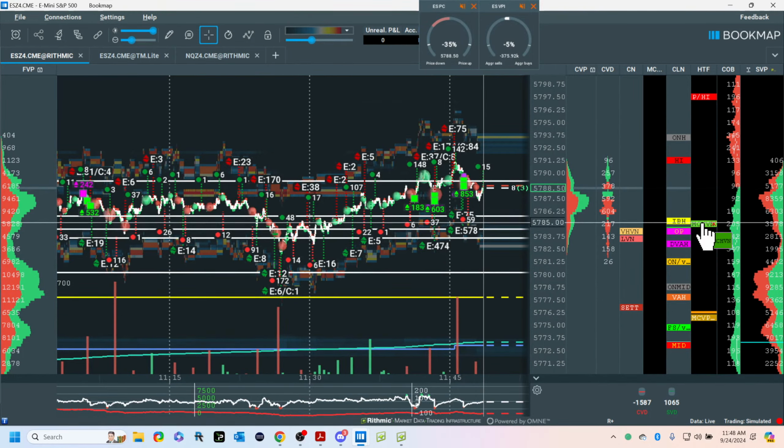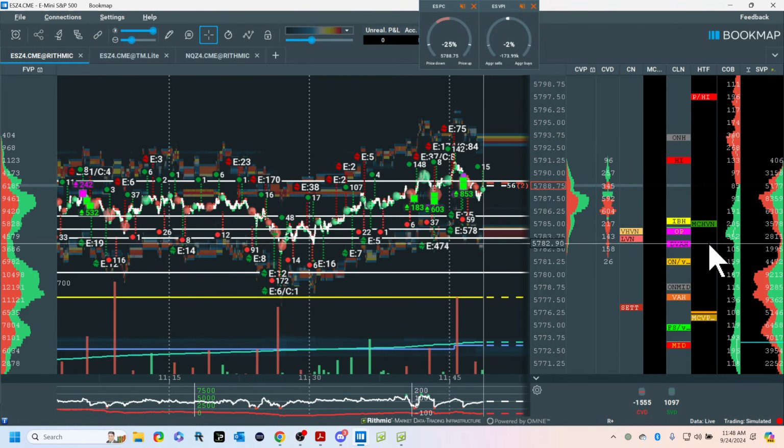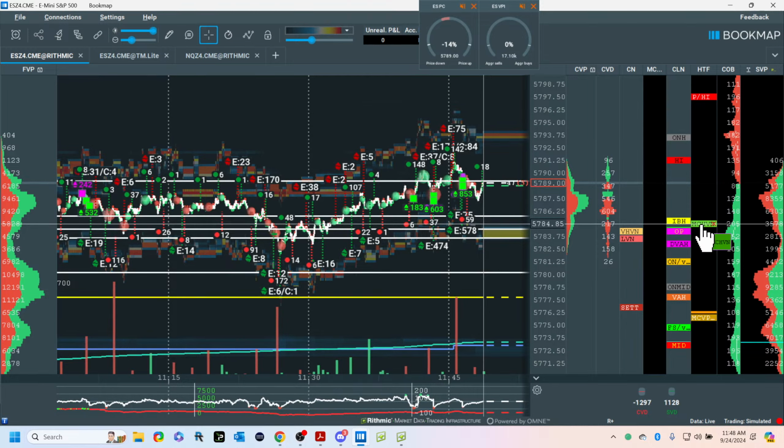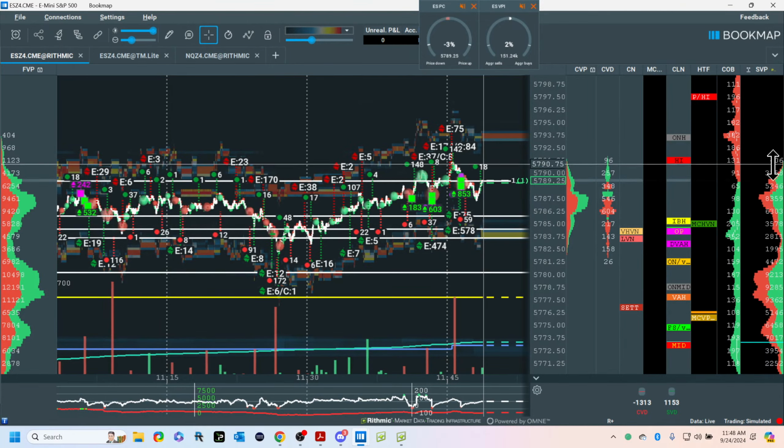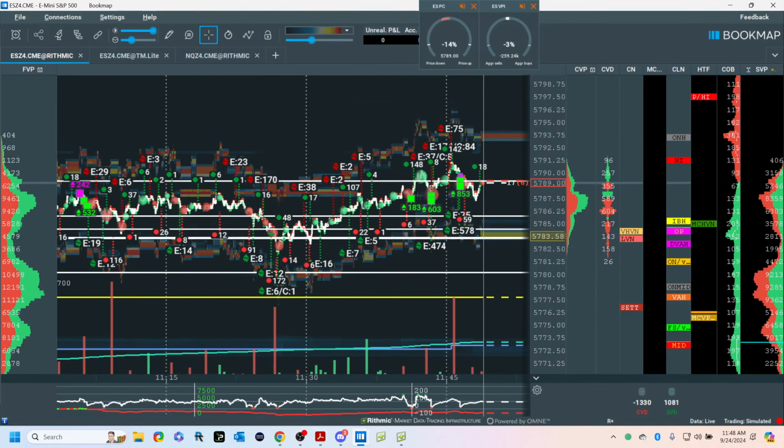It's not support resistance in the classical sense. It's auction. What do the buyers and sellers perceive value to be? The purpose of the market is to figure out what it's worth. What is this thing worth? Well, maybe this is now too low. And if it is, and this outside edge of this distribution or consolidation, depending what you want to call it, but in volume and auction world, this was your outside edge.